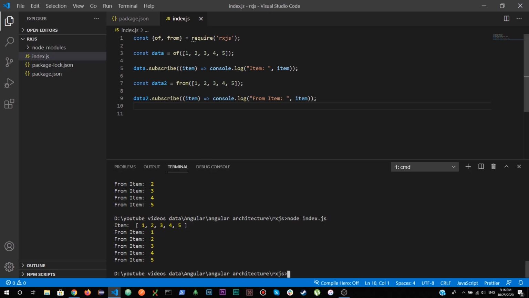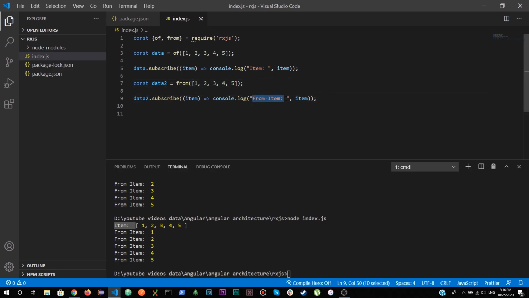Here, if I add an array within of, then it's going to return the data at once. So you can see item, and it has returned the whole array at once. So the item string has been generated only one time, right? But what from does is it returns the values to its subscribers one by one, right? 1 2 3 4.